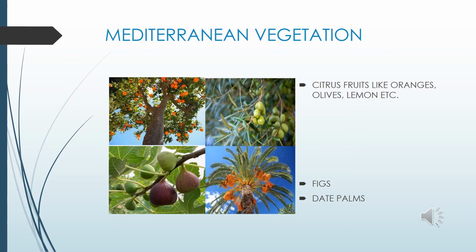So the trees are adapted to such an environment. And how has this adaptation occurred? The trees have long roots, so they can absorb more water from the ground. They have waxy leaves so that transpiration is minimum, because due to transpiration there would be loss of water. So these trees minimize the loss of water through the leaves, because the leaves are waxy, and they have spongy barks for the same purpose, which helps in storing moisture for a longer period of time during dry summers.